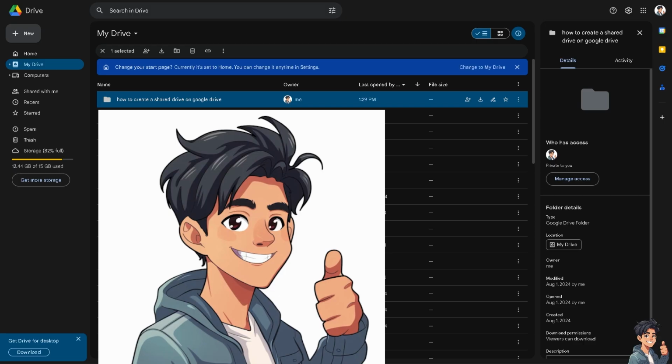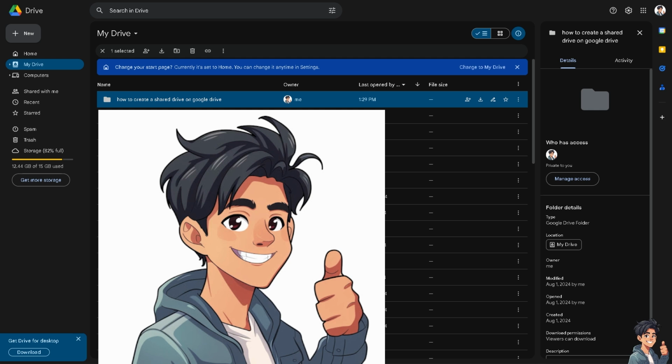Creating a shared drive on Google Drive is a great way to collaborate with others and manage files collectively, because shared drives provide a centralized location for storing files, making it easier for team members to access and organize documents. Files are managed in one place, reducing the risk of duplication or confusion over different versions, especially if you have multiple team members who work on files simultaneously with changes updating in real time. And of course, it gives you the option for commenting and suggesting, which allows for seamless feedback and discussions directly